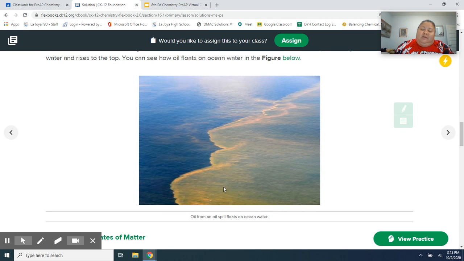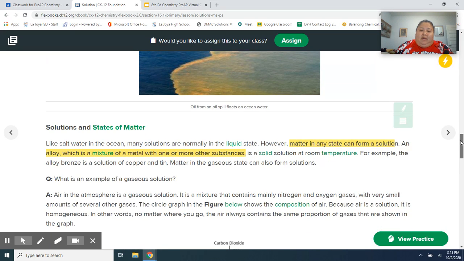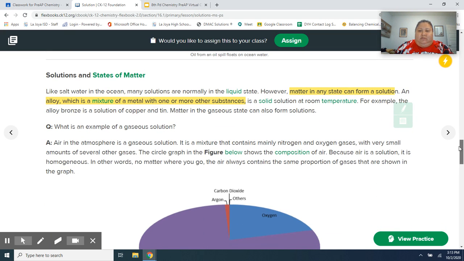Not only are oil spills costly to clean up, but oil also damages marine life and plant life. Okay, so these big companies, yes, it's fine that they're drilling out there in the ocean, but they have to be extra careful because oil is definitely insoluble in water and it can hurt some of the animals and plant life in the ocean. So I don't know about you, but I'm not for drilling in the ocean.